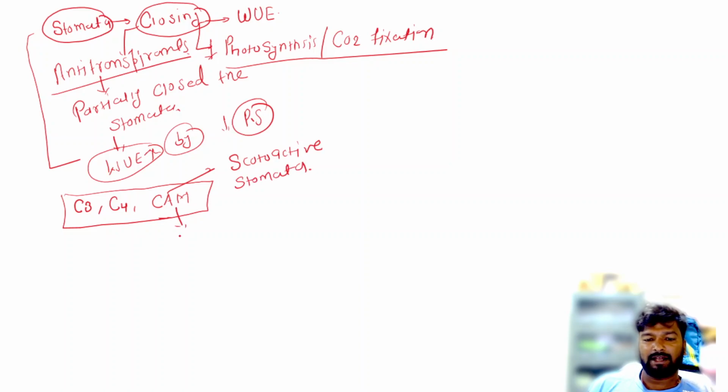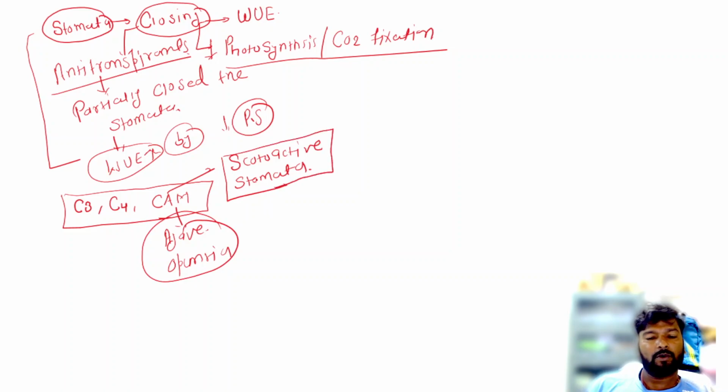CAM plant examples are like agave, okay, opuntia, okay. So these plants have photoactive stomata which open during night time, okay,